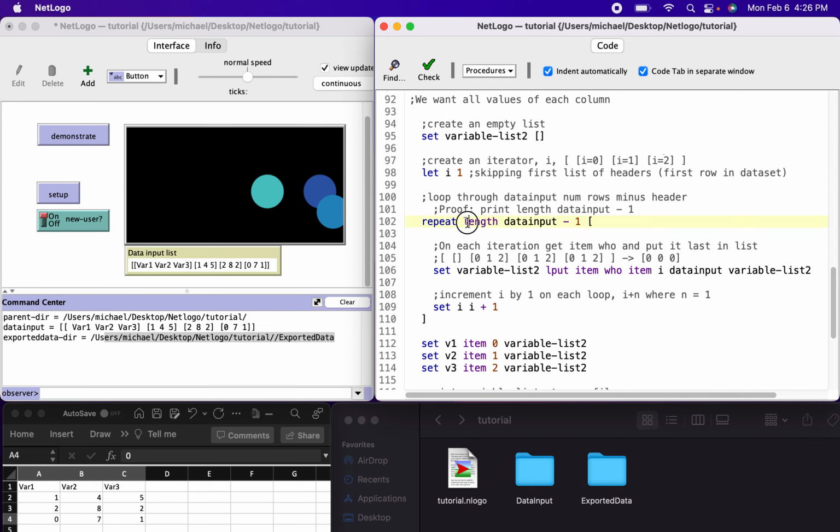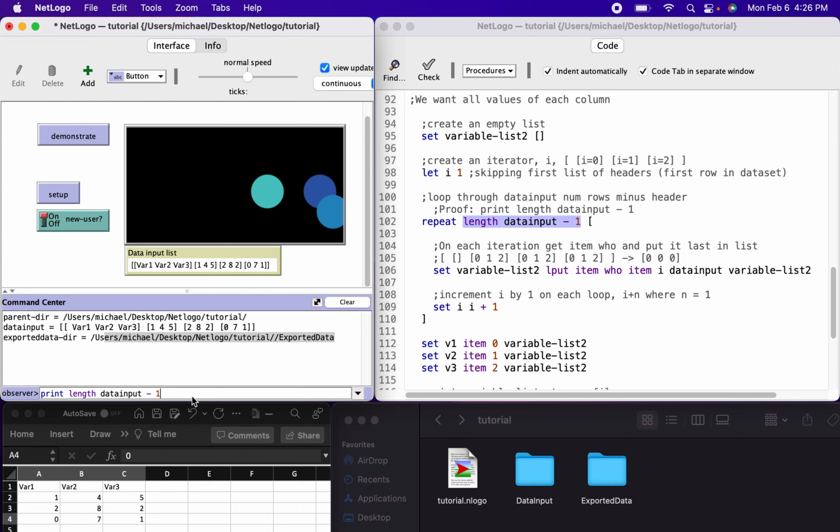The length procedure is going to tell us how many items are in a list. We're going to subtract 1 because we're skipping over the variable headers, which is the first item. And if we print this statement,